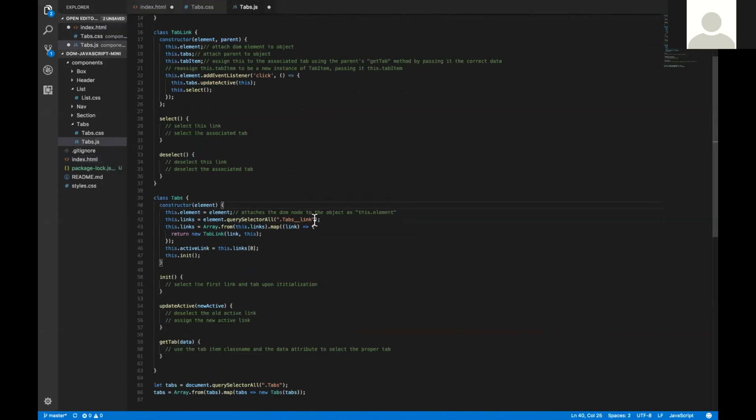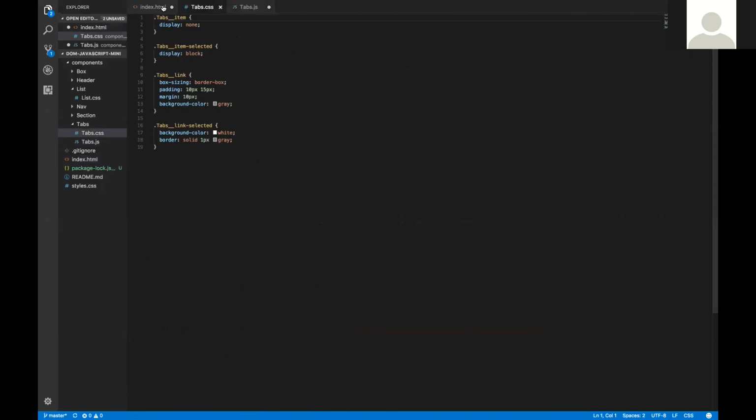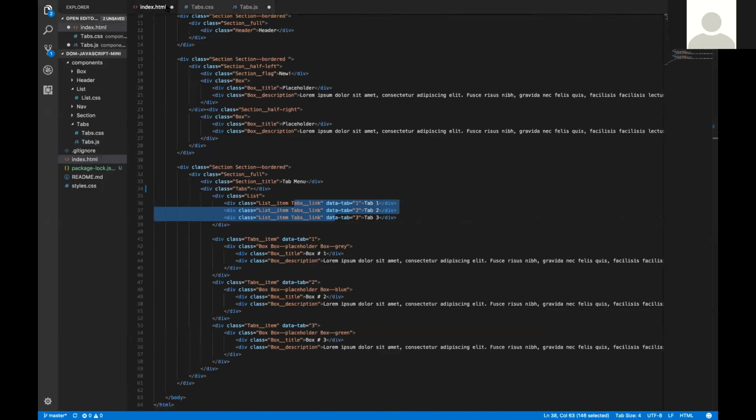I say that double under, they use that on the prototype. I'm not sure if that's the way you're supposed to be calling it in the BEM, but I say double under for the 2 underscores. So your tabs double underlink. It's grabbing all 3 of those. So now we've selected all 3 of those. If you ran that through, you'd have an array-like object with those 3 nodes in it, those 3 pieces of